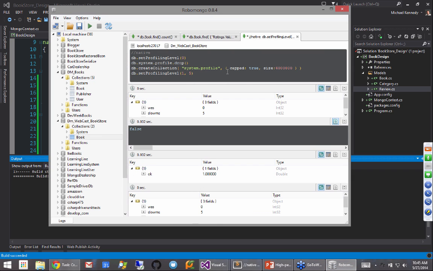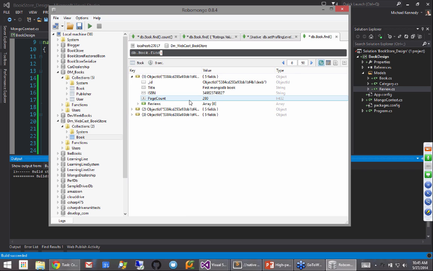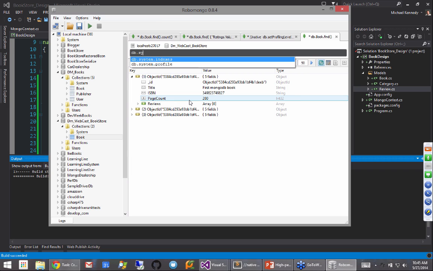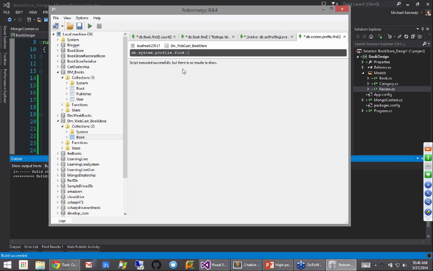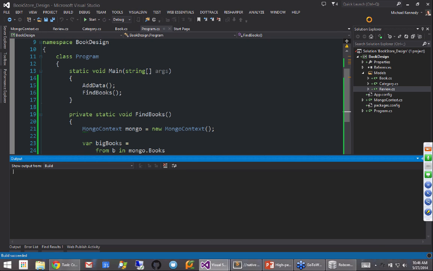Now, it's not very likely, although it is possible, that we have over here some slow queries. So what we could do is go over here, and we could do this in C# or we could do this in the shell. We could say system.profile.find and just see if anything's in here. No, there's none in here. The problem is there's only 2 books, and it's just all faster than 5 milliseconds. However, if I change this number to 2, then it will log everything regardless. So I can at least show you what it would be like if it were slow.